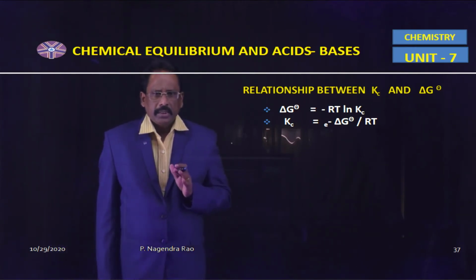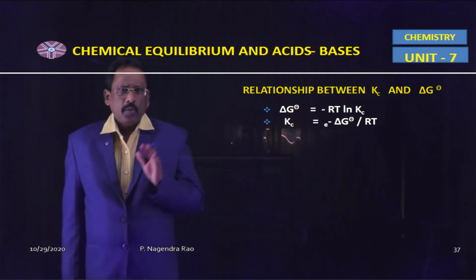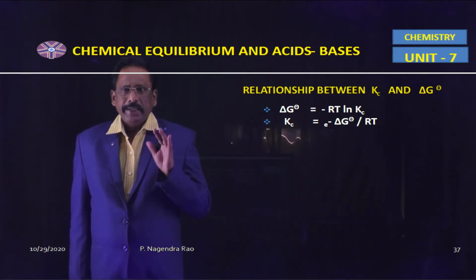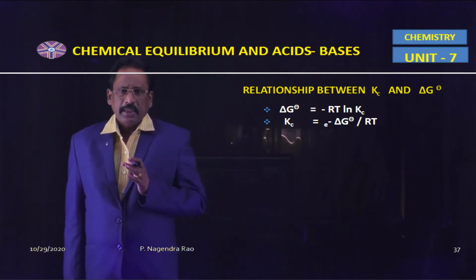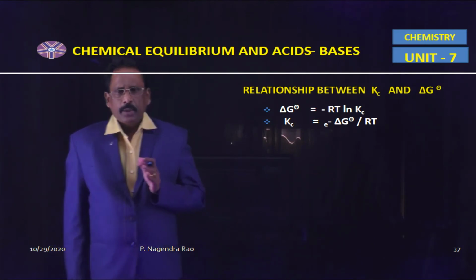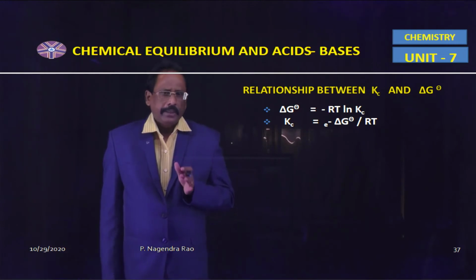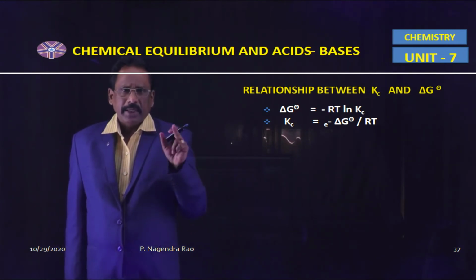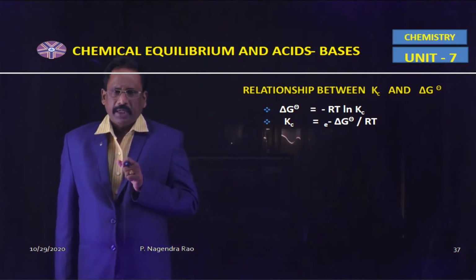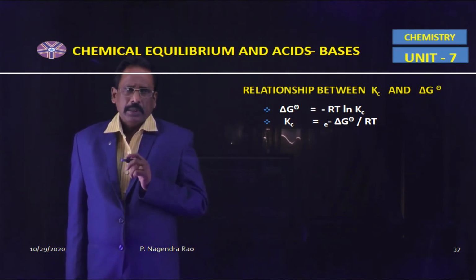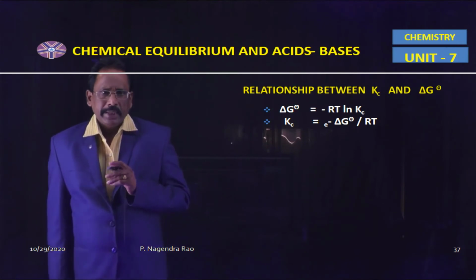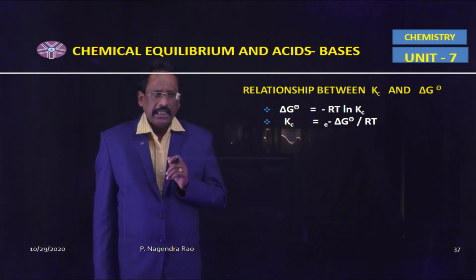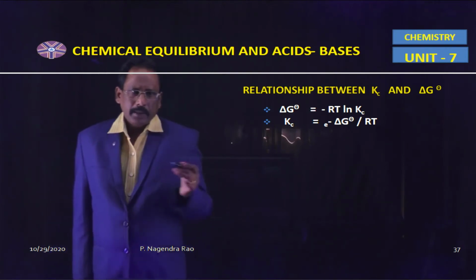That means if the system is at 1 bar pressure and 298 Kelvin temperature, now that system is at standard conditions, which can be represented by a circle with a hyphen. So the relationship between Kc and the standard change in Gibbs free energy is